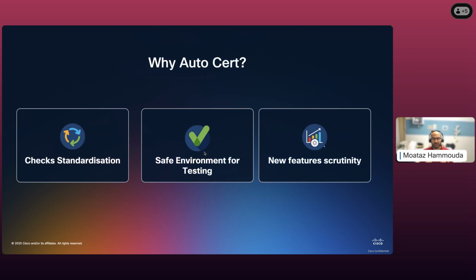It's because, A, we wanted to standardize our checks across the board. We wanted to make sure that we have an automated way that, whether an engineer is doing it or an automation is doing this upgrade, those checks are standardized,